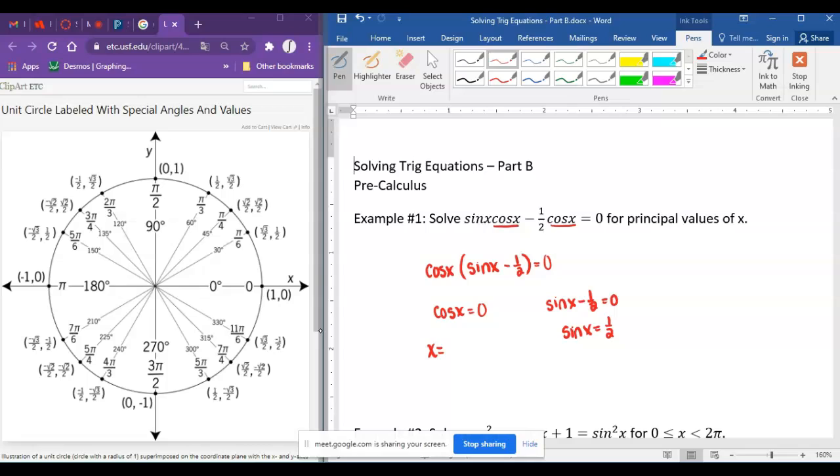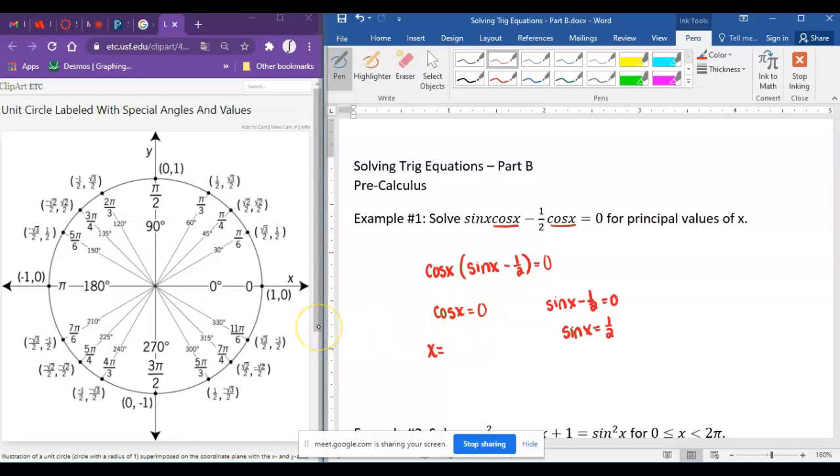Most everything on that trig test number 2 is going to be in radians, but there are a few that are in degrees for that one. Also, most everything on that test is going to ask for principal values. But there are a few that might ask from 0 to 2 pi, which we'll look at here in a second. So,